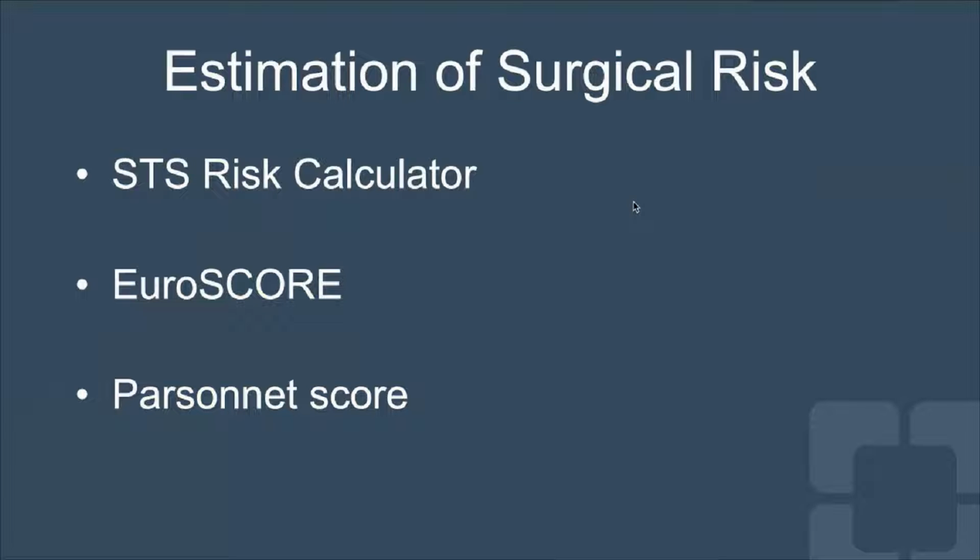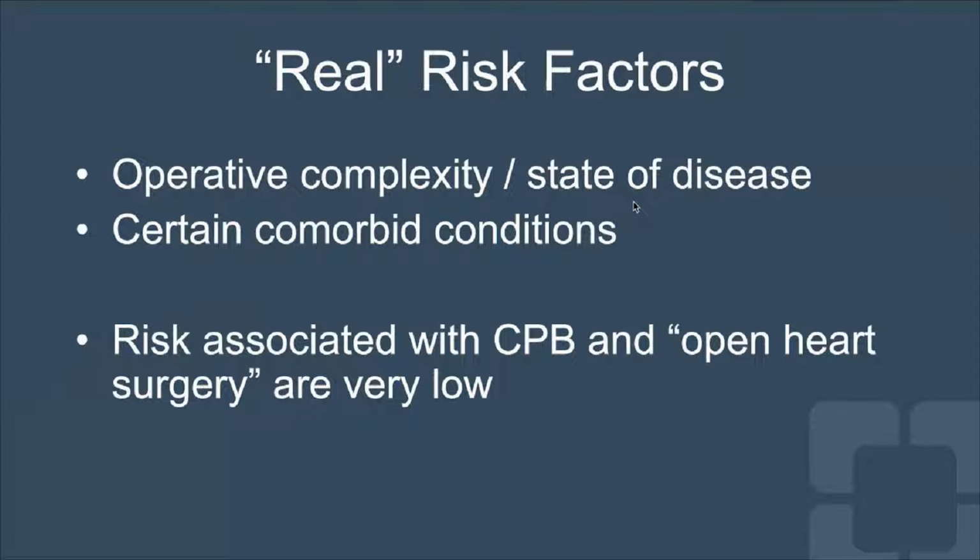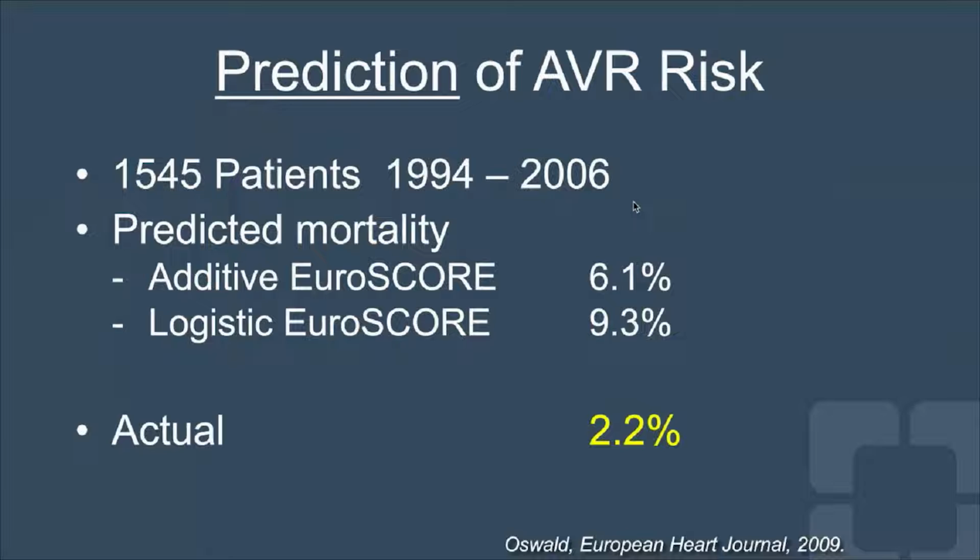Now, when you estimate a patient's surgical risk, there are a few ways for us to calculate that risk, and we have the STS risk calculator and the Euroscore. These are the two most common ways of assessing patients' risk. We're looking at the operative complexity, whether or not these patients had a previous surgery, and the comorbid conditions. Also, the risk of going on cardiopulmonary bypass with open heart surgery has changed over time and is now very, very low. So if you look at the predicted risk of many of these patients, looking at the STS database,